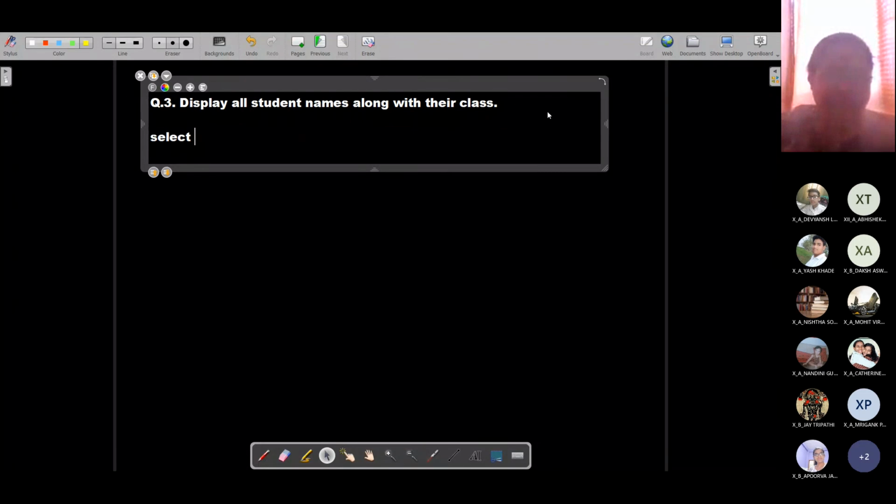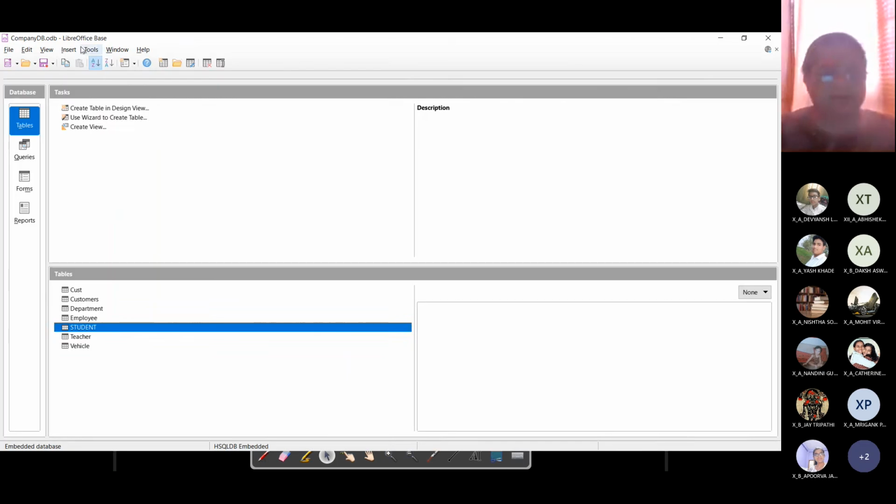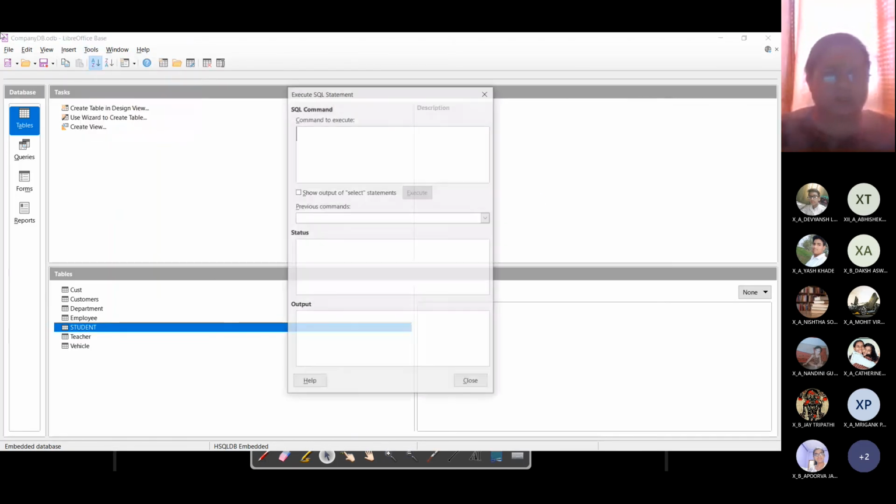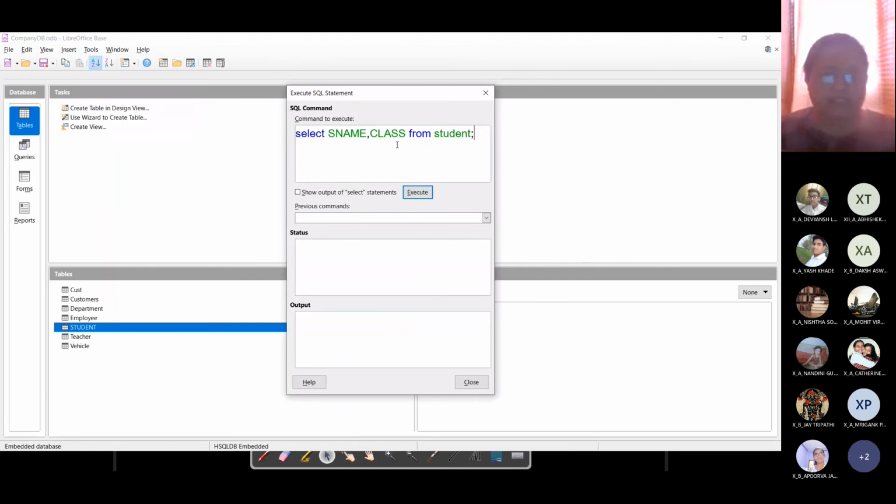Look here. Select student name, okay, so SNAME, comma, what was class? The field name for class was given as class only, but I have specified this in capital letters, from student. That's all. Whichever field you want to display, just provide the field name along with a comma, right? So I'm going to copy this, Control C, come back to my database SQL, and paste it over here.